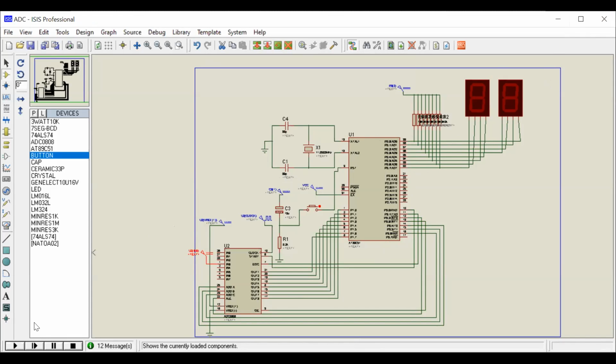If it is okay, then it is working successfully. Otherwise, there is a mistake. So 7F we got. For 0, 00H. For 5 volts, FFH. For the intermediate 2.5 volts, we got the middle value 7FH.